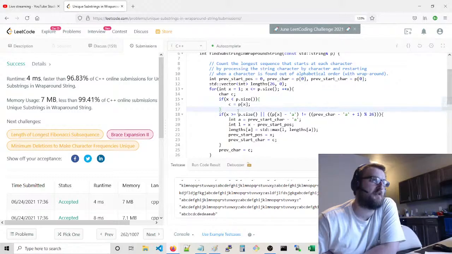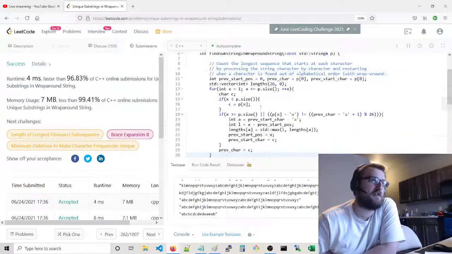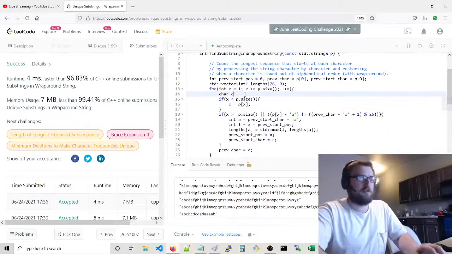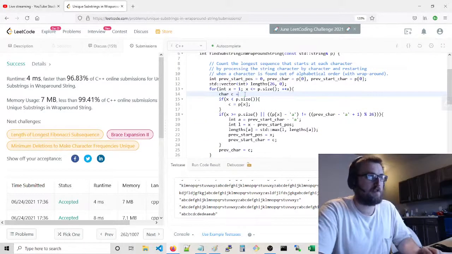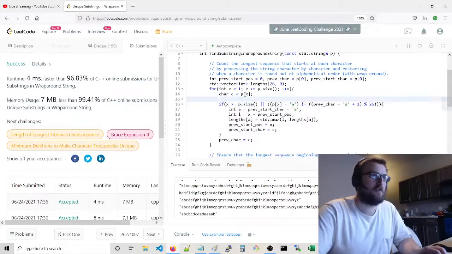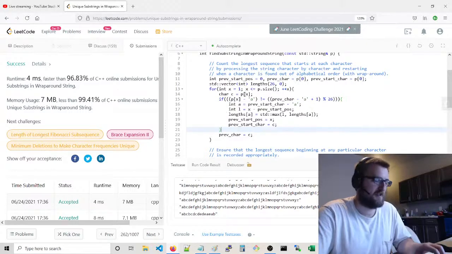Part of me thinks if I get rid of this if here and tack this on at the bottom, it'll be faster. Right, so if we do that, what does that look like? That would be C equals P of X. It's sort of how I would normally write it. I wanted to make it more concise, but if I want to get those last 4 milliseconds,